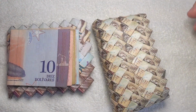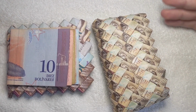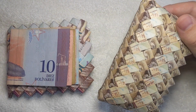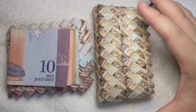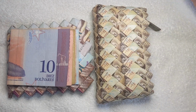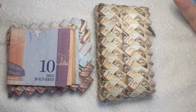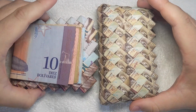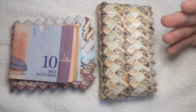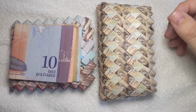Last thing I want to show you is some numismatic souvenirs I bought myself. On the streets of Bogota, there are Venezuelan vendors who sell things made out of Venezuelan banknotes. Unfortunately, due to hyperinflation, they have very low legal tender value, and so they create things using the banknotes, such as these that I have bought. But they also had these incredible statues of like dragons and birds, and they were beautiful, but unfortunately I had a very small bag, so I just got these